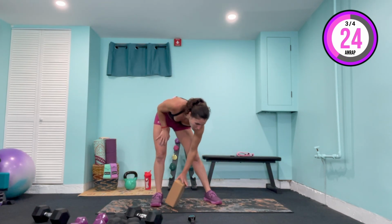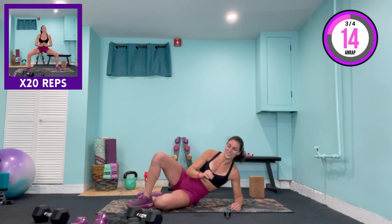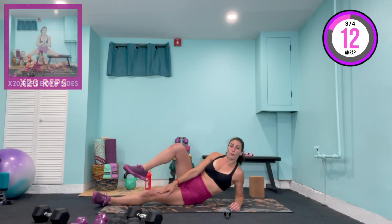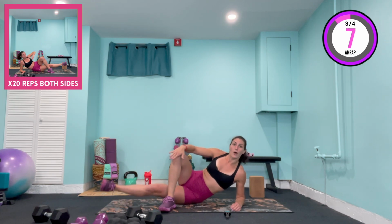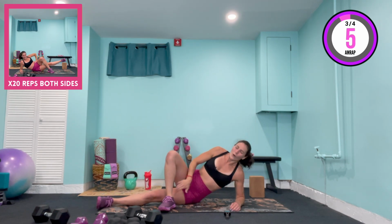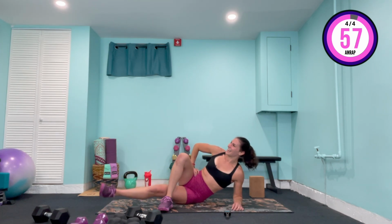We are onto our body weight only portion, and I will show you a variation for the weight midway through, the feet come wide, we're going into 20 plie squats, we're actually going to start down on the mat as I show you our next exercise, the bottom leg shoots forward, left leg, top leg over the other, flex that bottom foot, we lift and lower for 20, working into the inner thighs, in 3, in 2, in 1, rib cage lifted, 20, 19, 18, 17, 16,